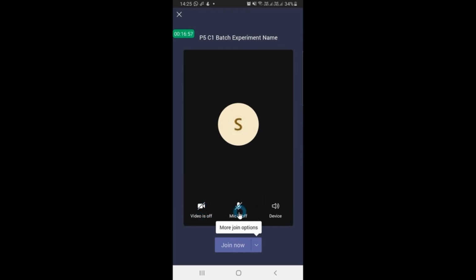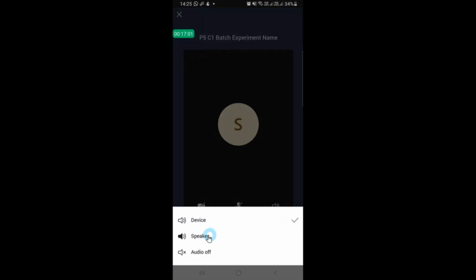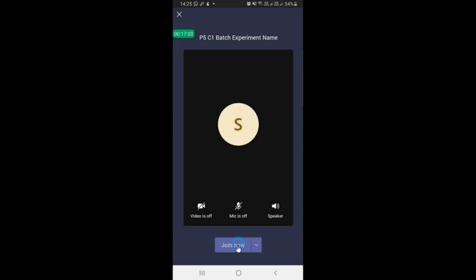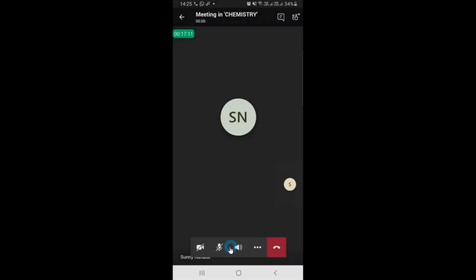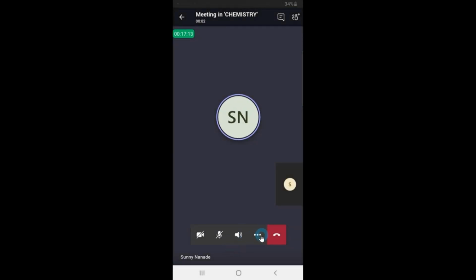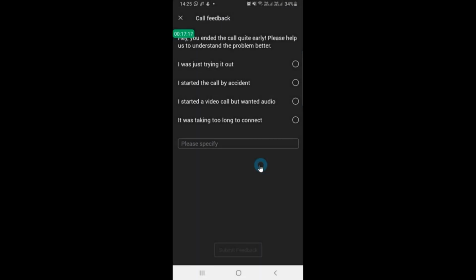Again, one thing on the mobile app we will have to keep in mind: click on this device, make sure you click on speaker, and then click on join now. That's it. This is what we will need to do from now onwards in order to join any lecture or practical.